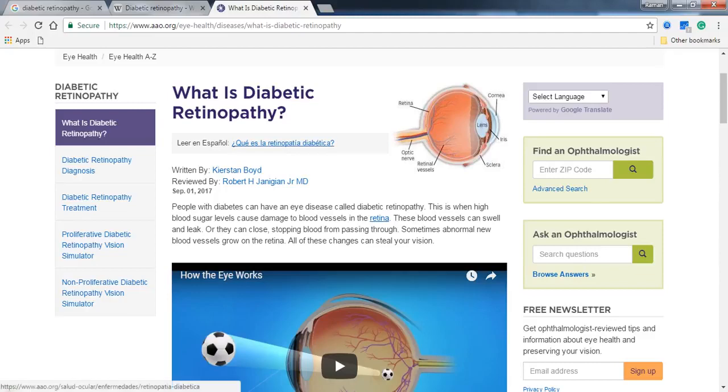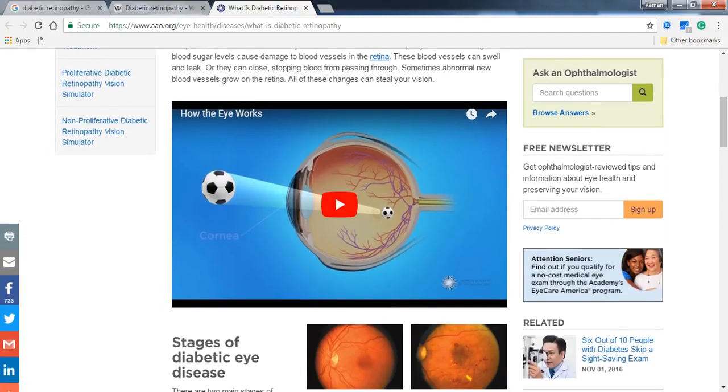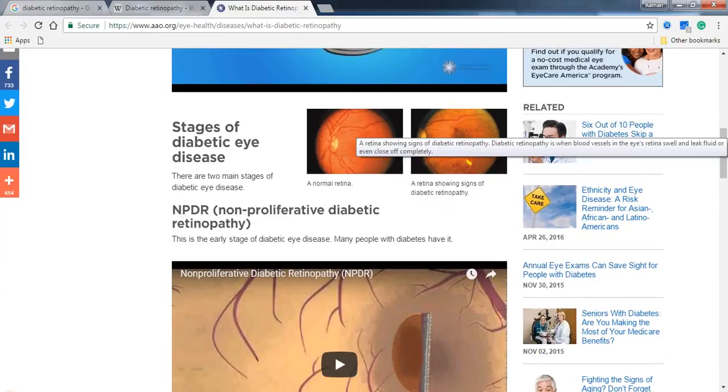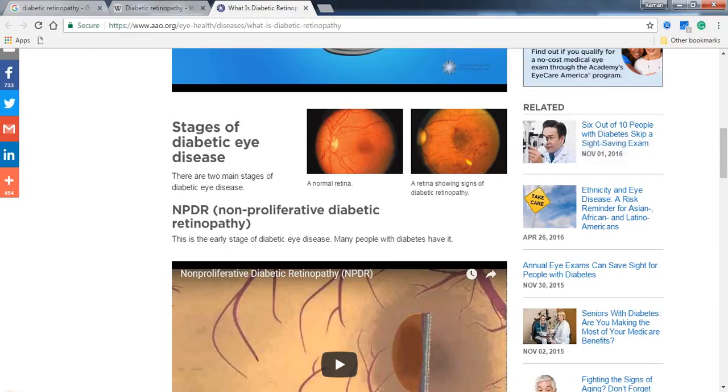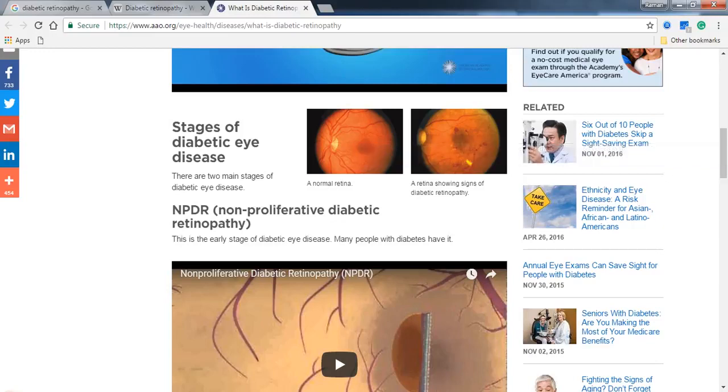Sometimes abnormal new blood vessels grow on the retina. All of these changes can steal your vision. Here you can see the stages of diabetic eye disease: this is the normal retina, and this is the retina showing signs of diabetic retinopathy. This is the difference.